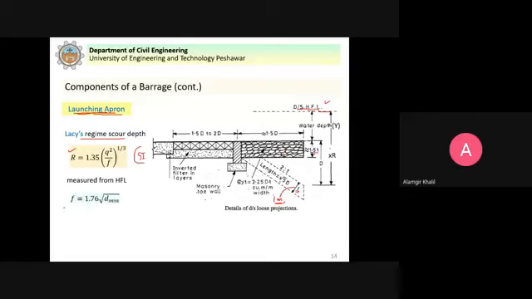Now in this equation, f is the Lacey silt factor, which is calculated by this equation, where d is the average size, d50, in millimeters. And this q is the discharge per unit width, cubic meters per second per meter. In the FPS system, I think here it will be 0.9, but 1.35 is in the MKS system, discharge per unit width. So we can calculate this R. Now when we calculate this R, you see that it is multiplied with a certain factor X.